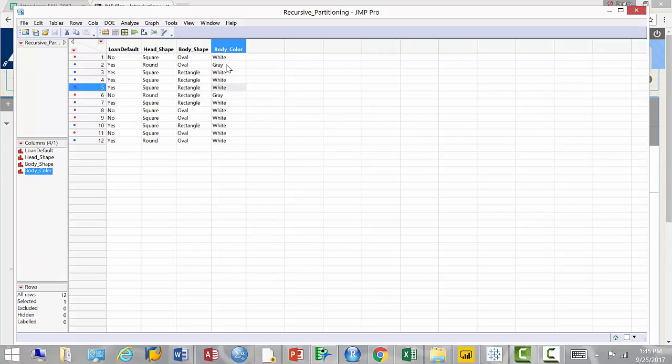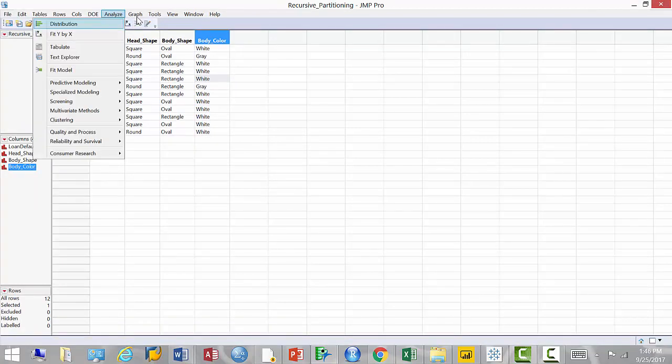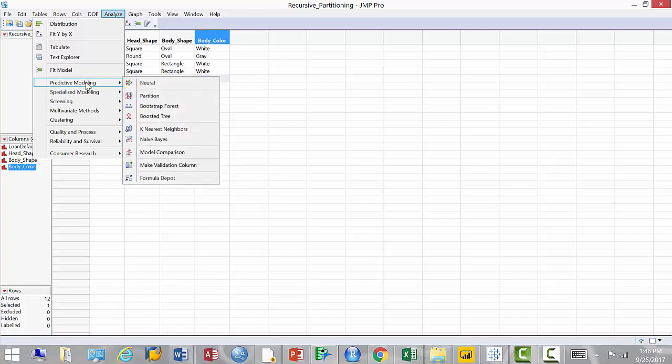So that's exactly the same set as we had before as the stick figures, right? Okay, so let's see how the software does the split. What I'm going to do is go to the menu Analyze, and in the Analyze menu, go to Predictive Modeling, because the majority of the models that we're going to do in this class are predictive modeling. I'm trying to predict the value of my target variable, whether it's continuous or